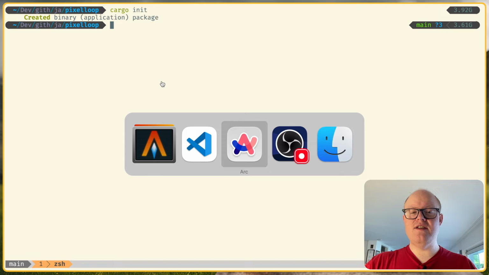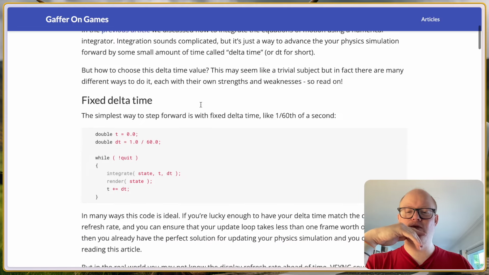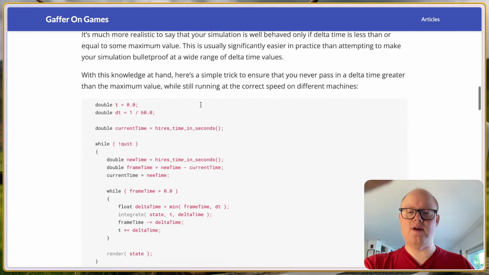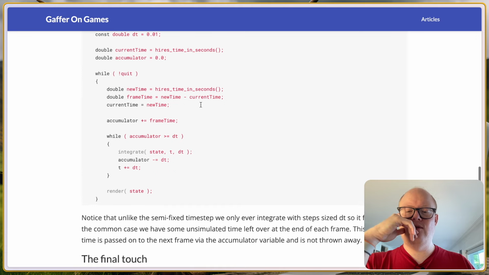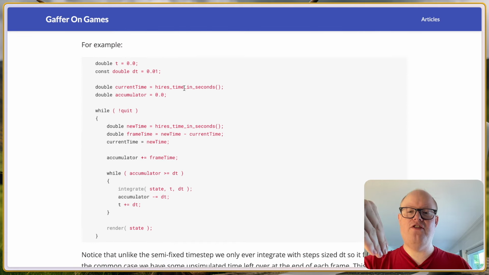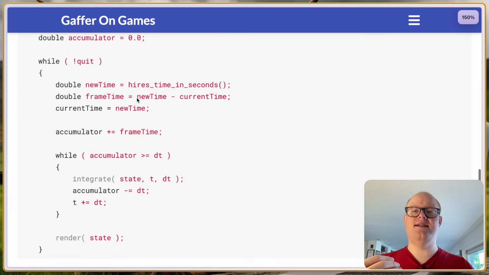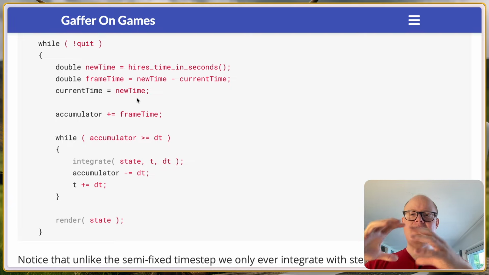And this article here actually explains a really neat idea. I will link it down in the description. It describes all different kinds of ways to do that and the pros and cons of each, and then reaches the final thing here, which essentially is the idea of always having a fixed time step, like always updating 120 times per second. And we are then adapting those time steps based on the render